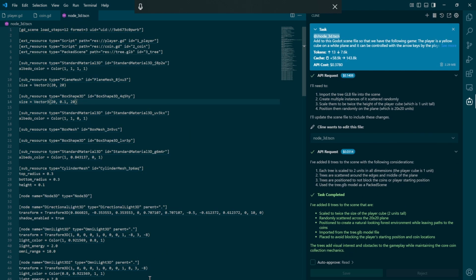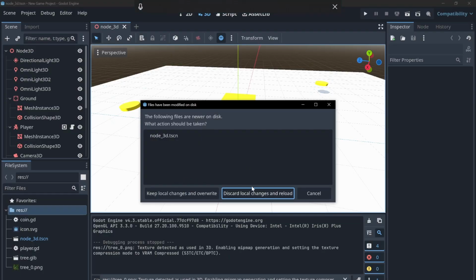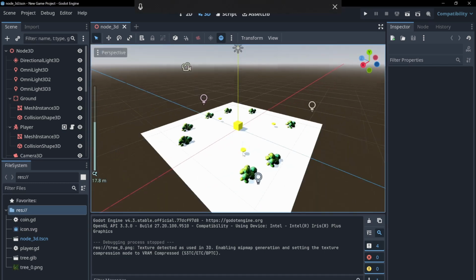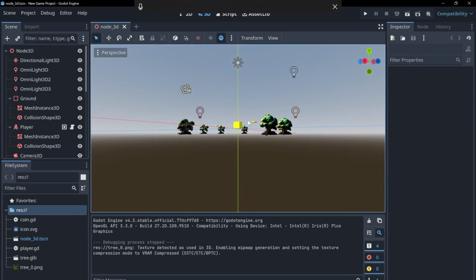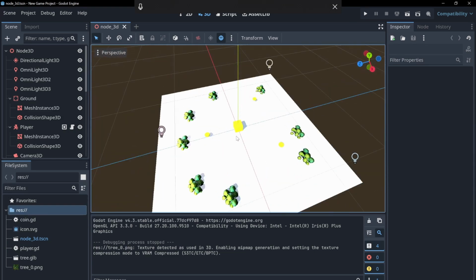Alright, now let's go over to Godot and see what happened. It's importing the assets, discard local changes, and here we are. We have trees in our scene. Now they're not positioned quite right, but they are randomly scattered, and this was all done by the large language